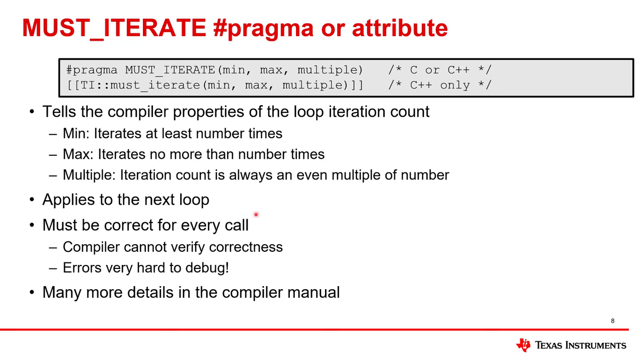The compiler is just blindly accepting that these properties are true for this loop, and then it's moving forward. If it turns out that you get this wrong, you're in a really bad place. It can be really hard to debug this. You don't want to get this wrong. The code that gets generated when this is wrong is just not going to work. It's going to compute the wrong thing in a really big way. It's a bad thing to do. Please avoid it at all cost.